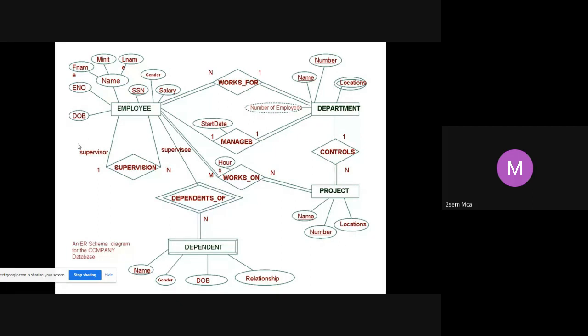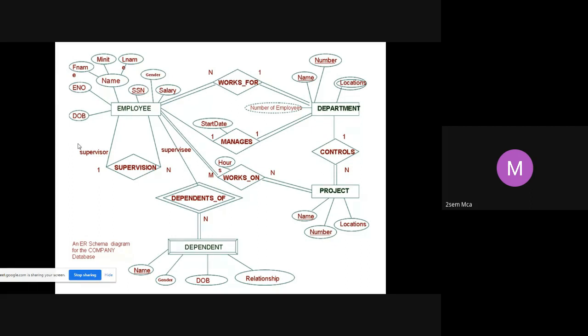What are the entities that you are seeing in this ER diagram? Which are the entities here?